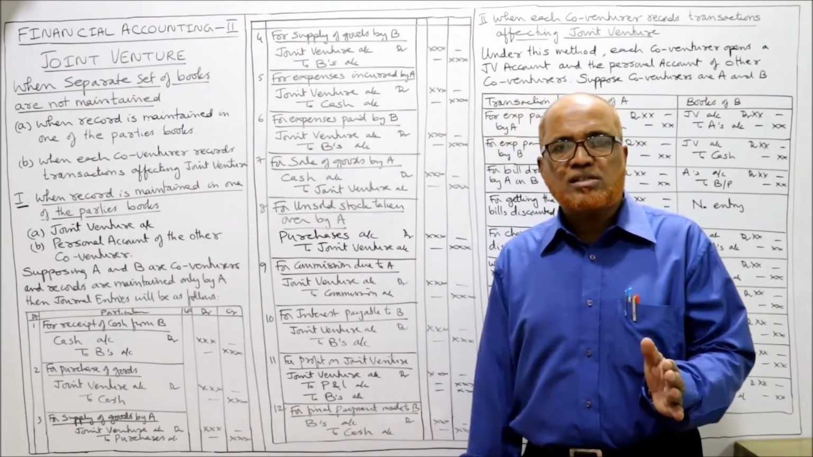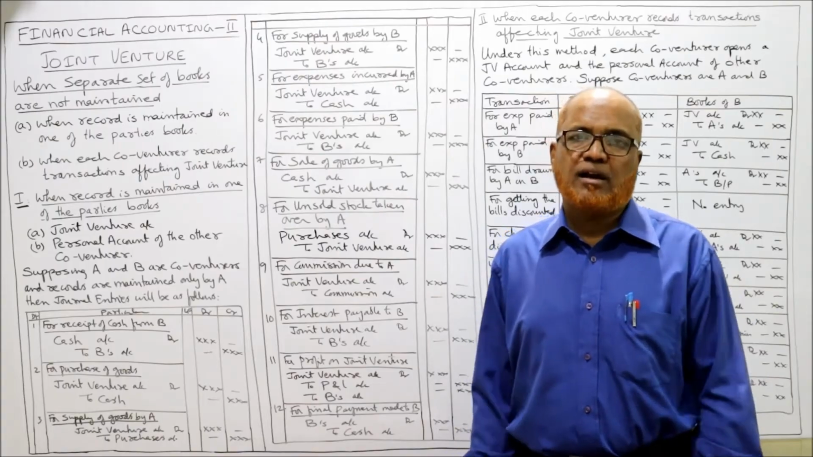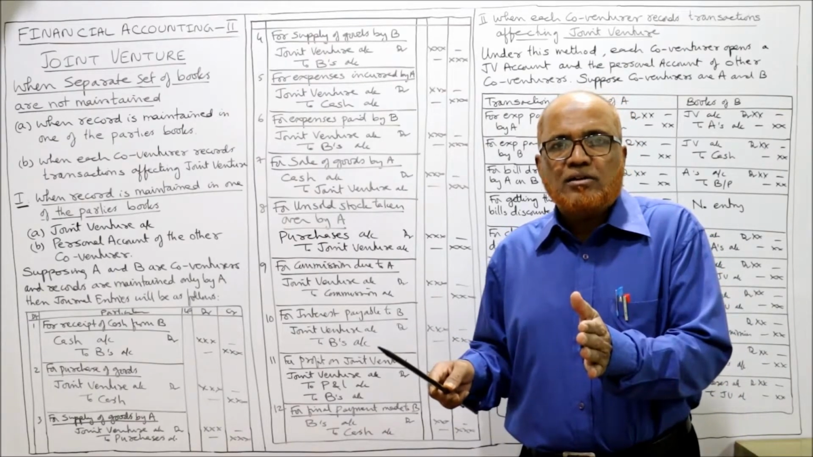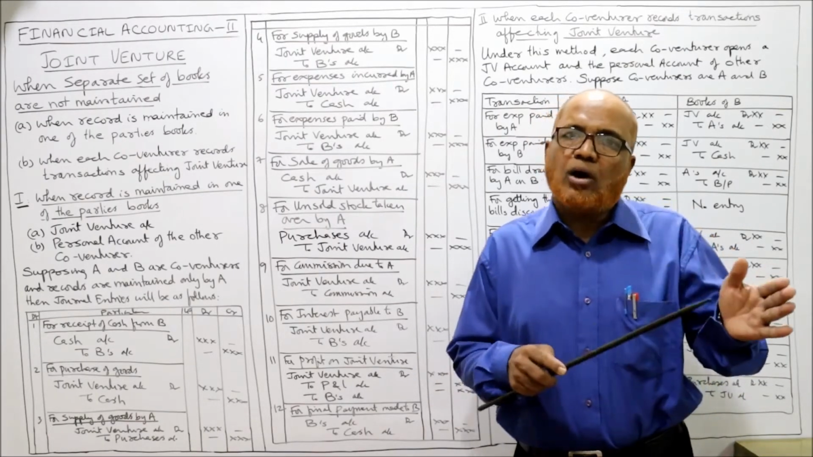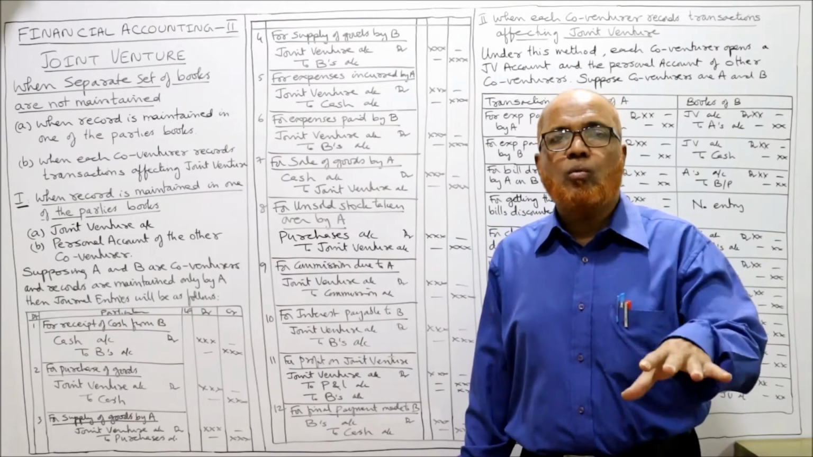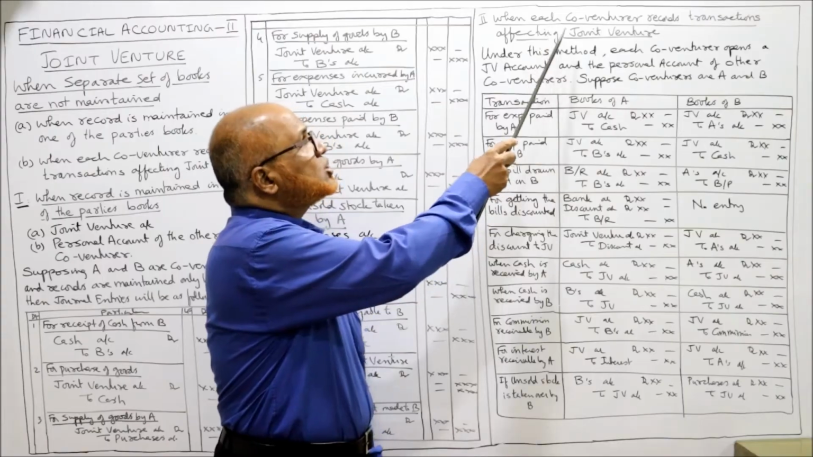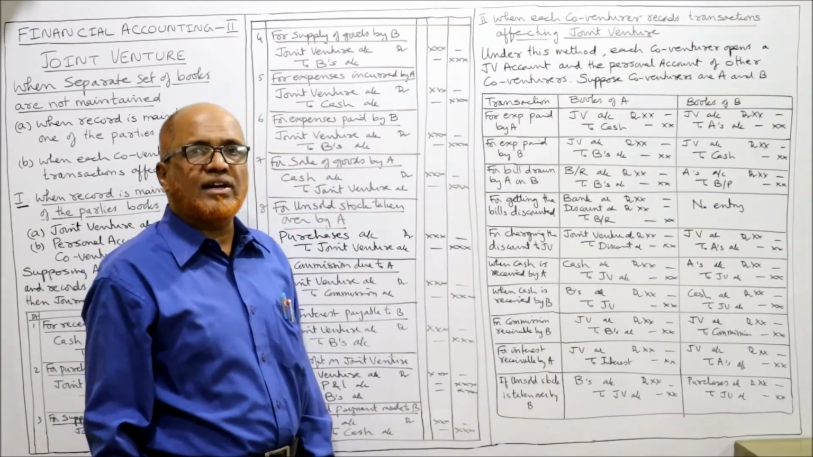अगर दो co-venturers हैं, दोनों co-venturers अपने अपने पास joint venture के account maintain कर रहे हैं. A is maintaining joint venture accounts and B also maintaining joint venture account. In that case, what would be the case? Now we are going to study the entries. When each co-venturer records transaction affecting joint venture,